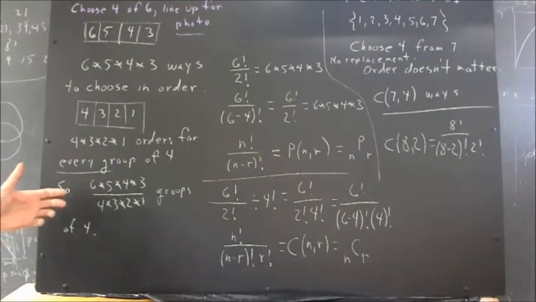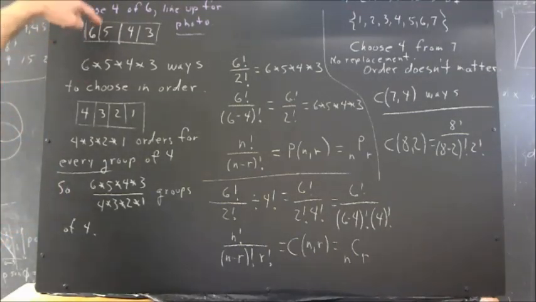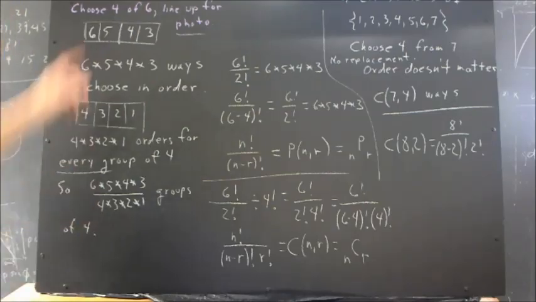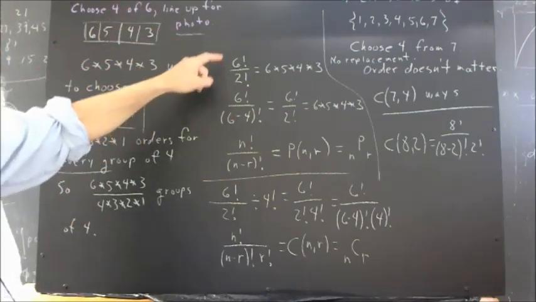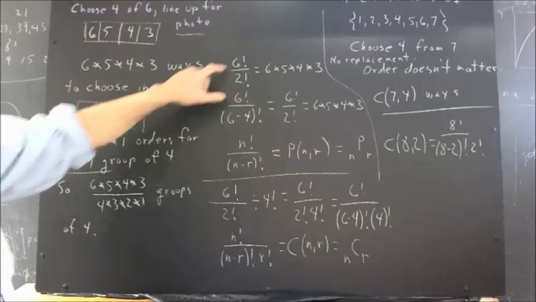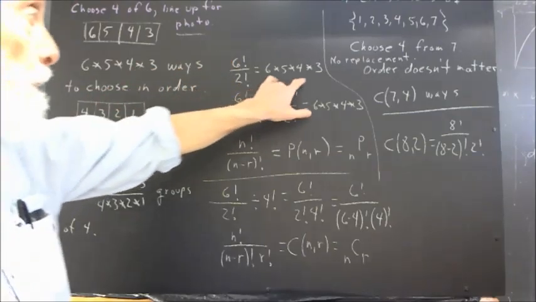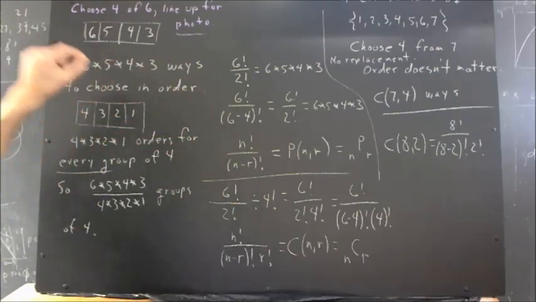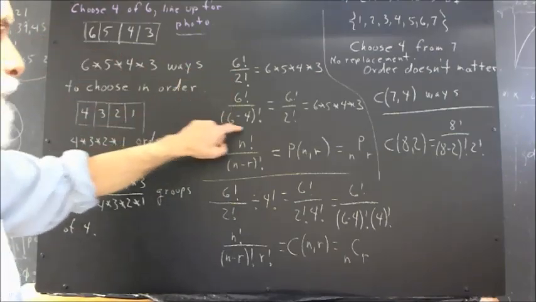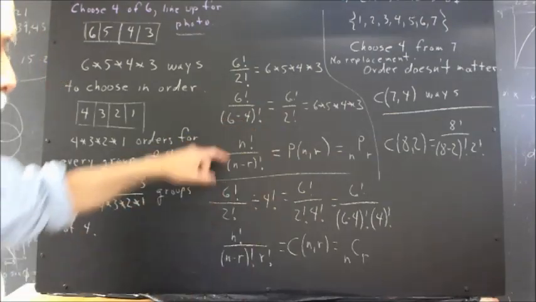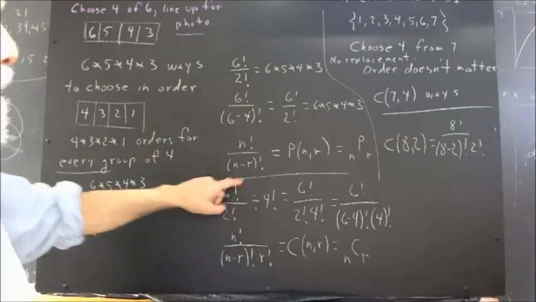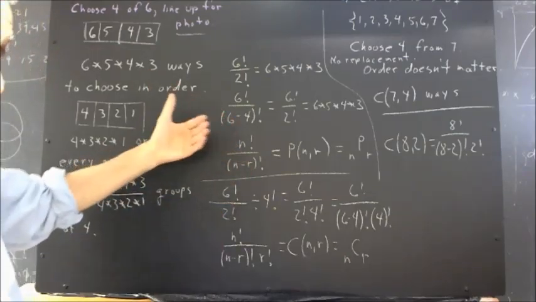In the preceding video, we saw that there are 6 times 5 times 4 times 3 ways to choose 4 people from 6 and line them up in order for a photo. And this number can be expressed as 6 factorial over 2 factorial. And more conveniently for formulating this, 6 factorial over quantity 6 minus 4 factorial, which leads us to n factorial over quantity n minus r factorial when we're choosing r out of n in order,